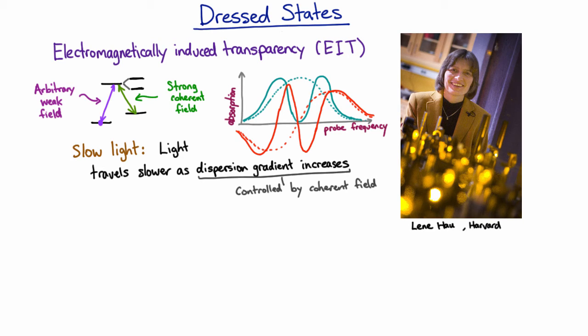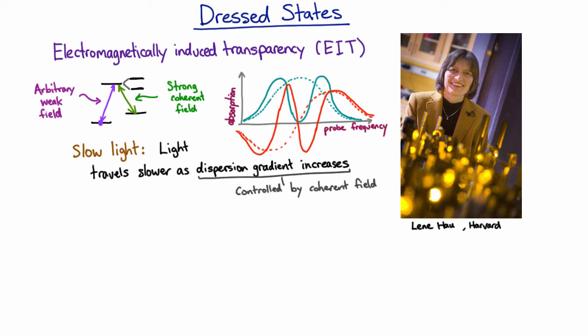And that wasn't actually her best trick. Her best trick was where she turned that strong coherent field off entirely. If you let the pulse of light come into your material while you have some finite window where it's transparent, then it takes quite a lot of time to travel across your cell of gas. So your gas might be a few centimeters long, and if you can get your speed so far down that it can spend a significant amount of time actually inside that cell,